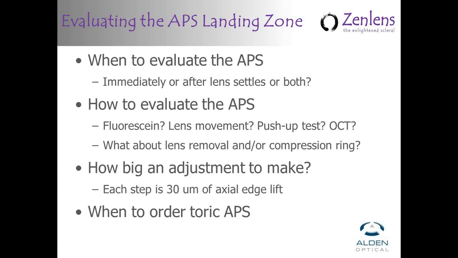And to me, a proper edge is going to allow me to push fluorescein under the contact without a lot of effort. And if I can't get fluorescein underneath the edge very easily, that means that the edge to me is too tight. And again, if the fluorescein gets under the edge with no effort, if it just gets under there with blinking, that usually means to me it's too loose. So I like to be able to push a little fluorescein under the edge using the patient's lids and have it move under the lens easily, but again,